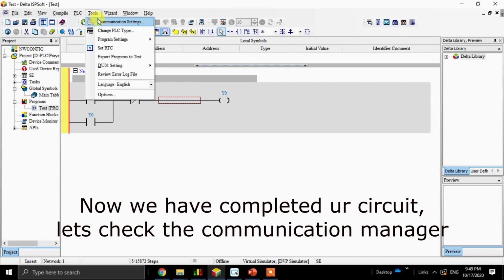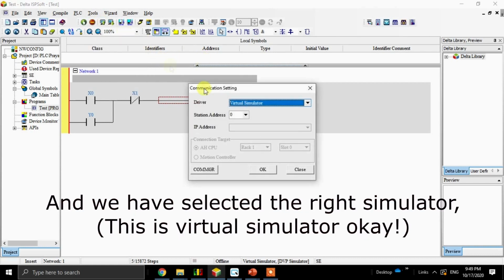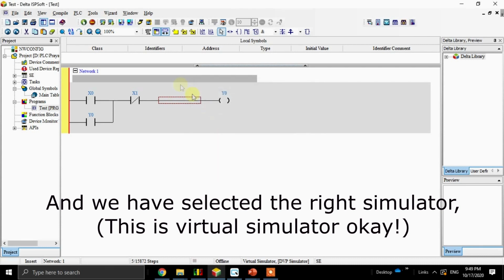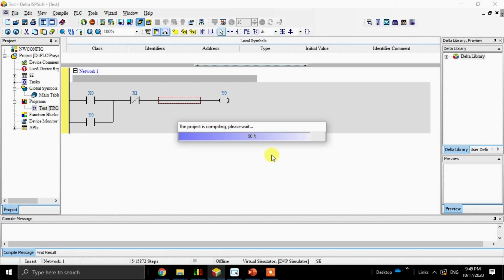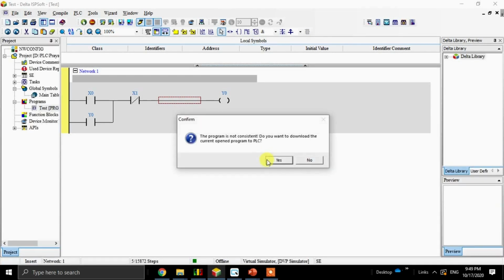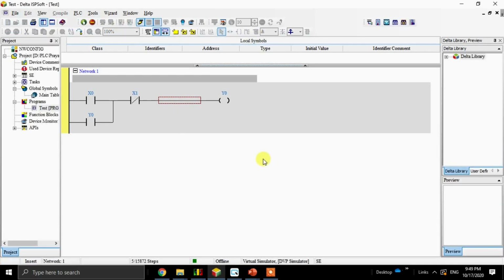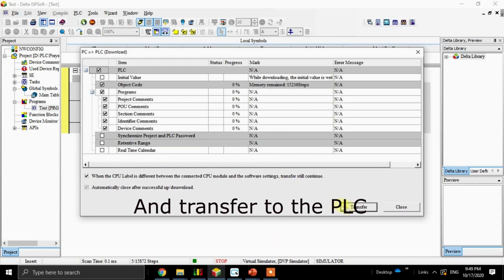Let's check the communication manager and that we have selected the right simulator. This is the virtual simulator. Okay. Now make the program online and transfer to the PLC.